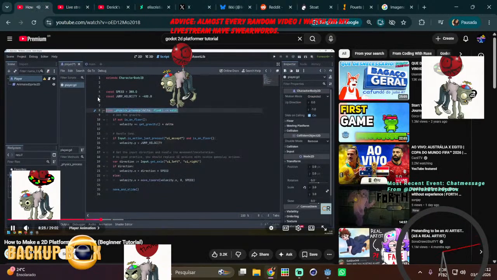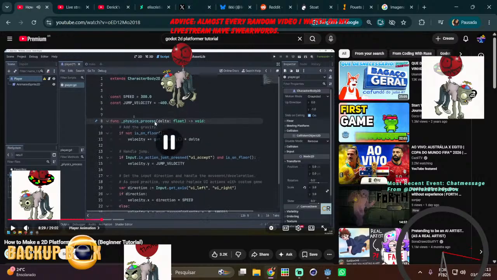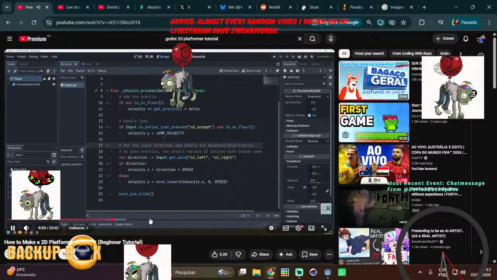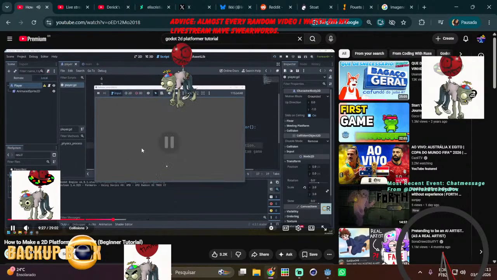There's a function that handles all of the physics. This is pretty handy. It means that I don't have to worry about the gravity and the controls myself. It's actually already there. We just need to modify it. So now I can test this out by pressing F5, and you notice the